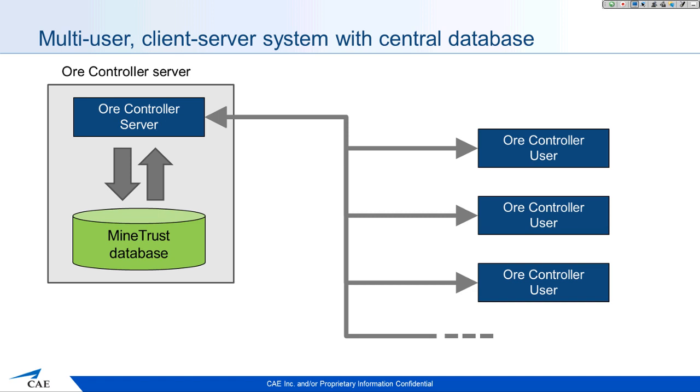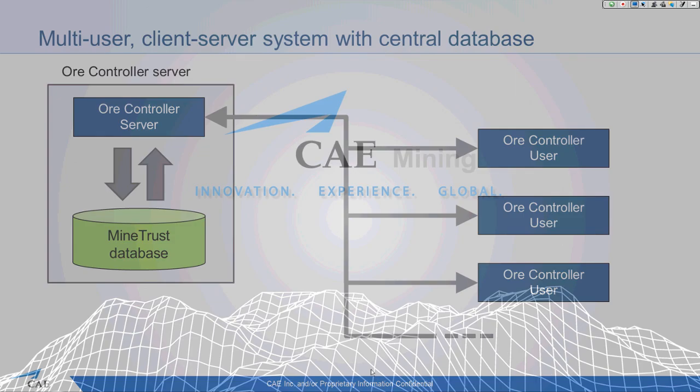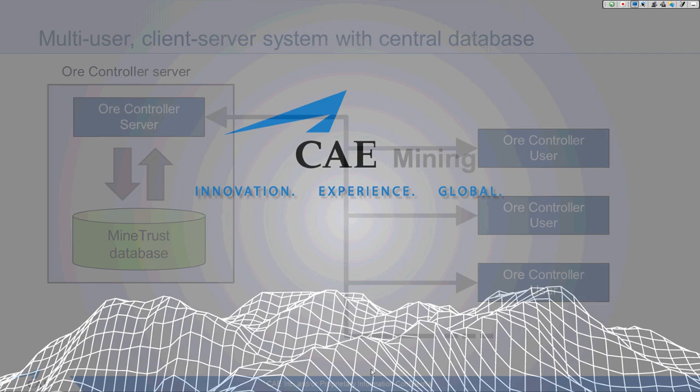And while a user may be processing a particular blast, the database locks all that information to that user. So it prevents two users from trying to do the same task at the same time. Okay, I promised you 2 slides, and that's the 2 slides that we have. So let's have a look now at the product itself.